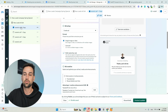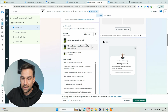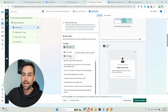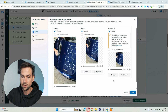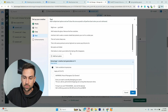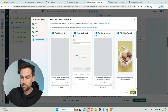And then you can just come into each ad, and then all you need to change is the title, so we'll change that to 2, and then obviously the ad creative, right? So we would just delete that, and then we'd just add the new ad that we wanted to create, okay? So let's just say it was this one here. Next. Everything else would be the same. Skip and continue that. Next. We can see that the primary text has already been duplicated there. We can see that the headlines have been duplicated there, and the call to action is also the same. So we can go next, leave all these the same, go done,